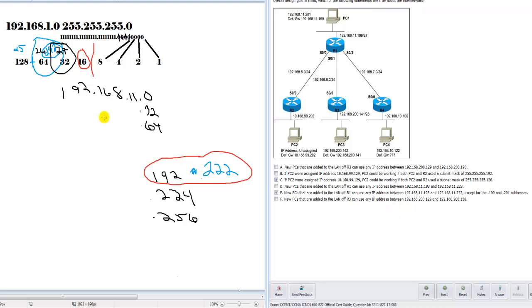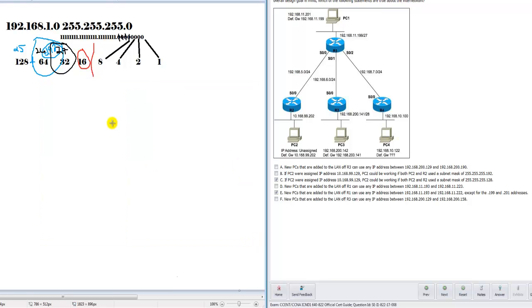So for question F, let's walk through that right now. And I hate Microsoft Paint. It's not bad, but